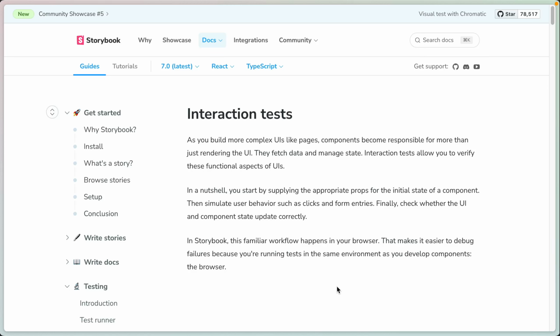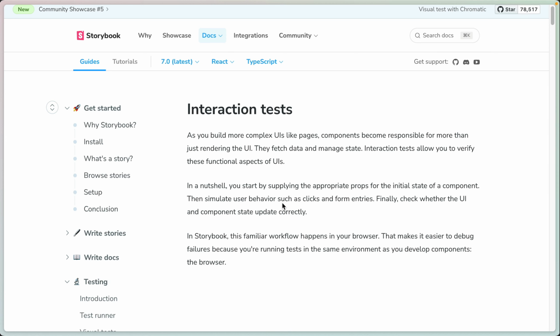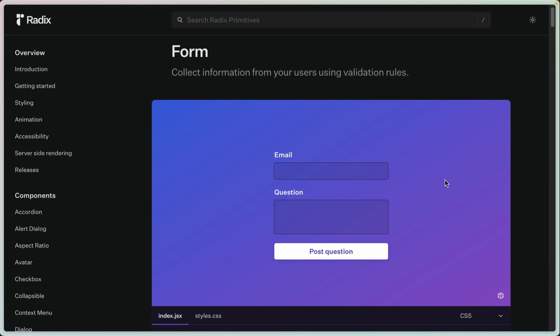Hey, how's it going? In my previous video, I walked you through how to set up Storybook 7 from scratch on a Vite React.js application. This video is kind of the follow-up to that. I mentioned that I was going to talk about interaction tests, which is one of the newer features that came out with Storybook 7. Now I'm going to show you how to set up interaction tests for an existing installation